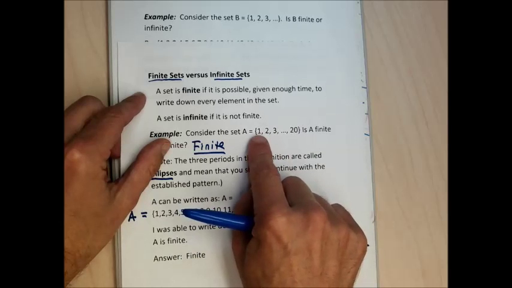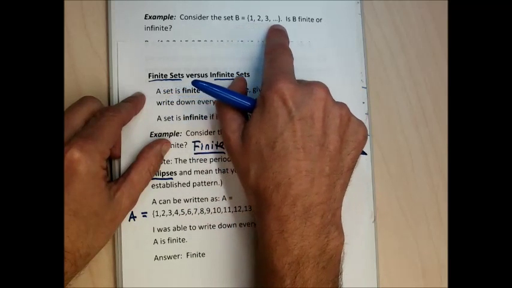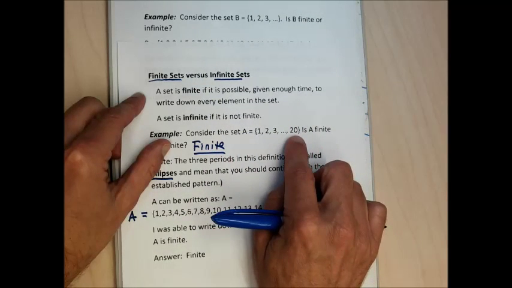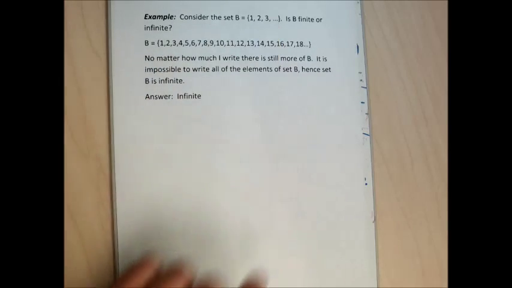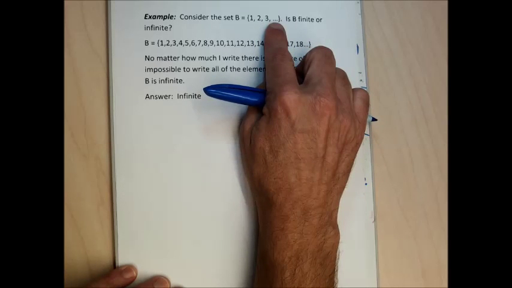Here is the numbers 1, 2, 3, dot, dot, dot, stop at 20. Here, B is the set 1, 2, 3, dot, dot, dot, don't ever stop. This is a finite set because I'm only considering the numbers from 1 to 20 and I'm stopping at 20. This is an infinite set because I'm considering every number that's in this pattern that's bigger than 3 with no